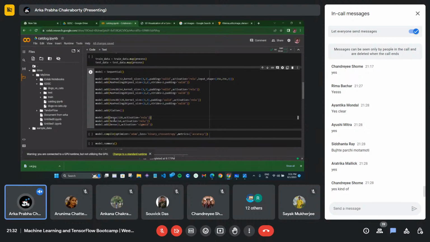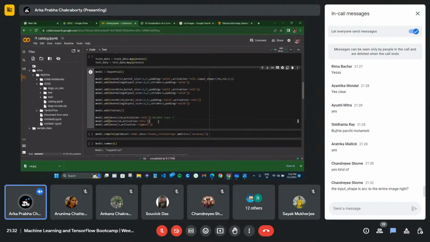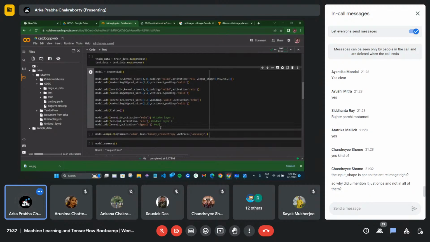Now, this is my hidden layer 1, this is my hidden layer 2, and this is my output layer. In the theory, I have discussed why this is only one neuron.